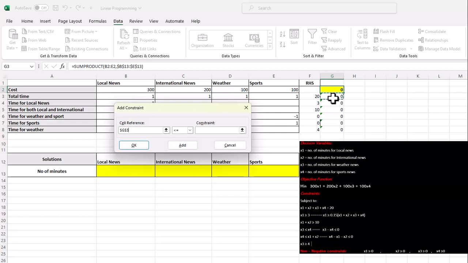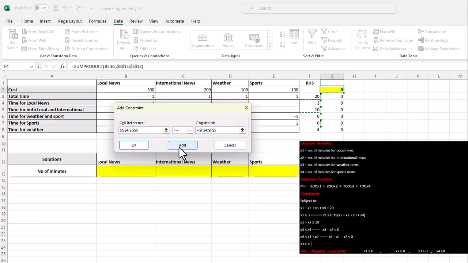This should be equal to this, add, and then these two will be greater than or equal to these two,